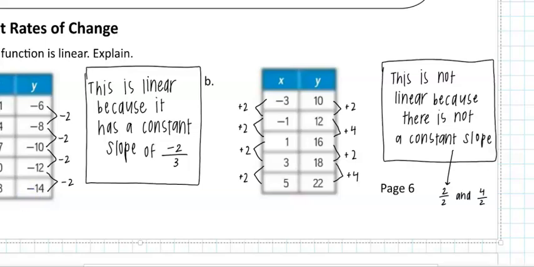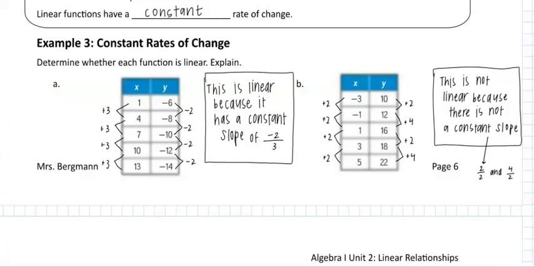Whereas on example B, you'll notice it goes up by 2, then it goes up by 4, then up by 2, then up by 4. Let's take a look at the x's. All the x's are always going up by 2. 2 over 2 is not the same thing as 4 over 2. So since it's not always the same rate of change, this is a nonlinear function because it's not a constant slope. Go ahead and see if you can try out this idea on the next page with the practice problems